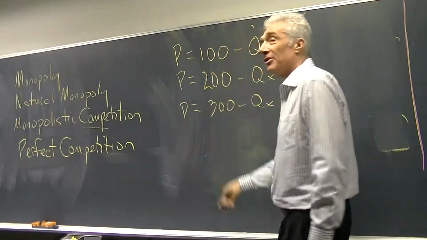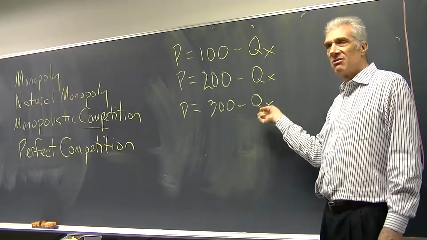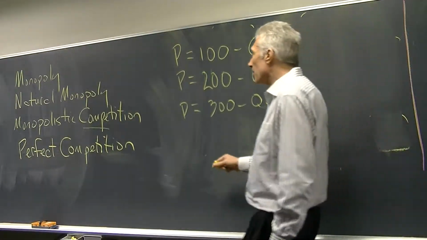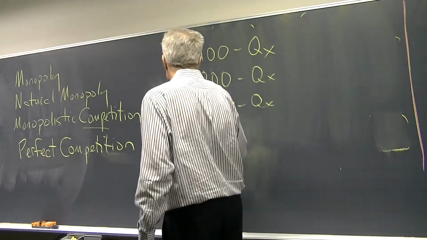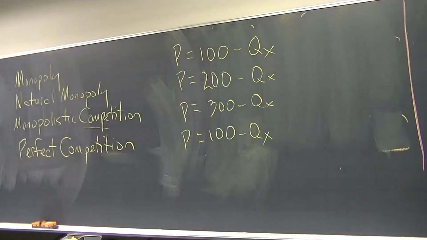The point is if I wrote 100 for each one, if I wrote the same curve, it'd be the same. It's fine, you just write different ones. If you really want to do a square, you can do whatever, but I figure just have linear, it's very simple. Perfect competition, P equals 100 minus QX. That's all I'm asking for. Just write down some linear equation, just something linear. As I say, you could have a higher order function, but just keep it simple.